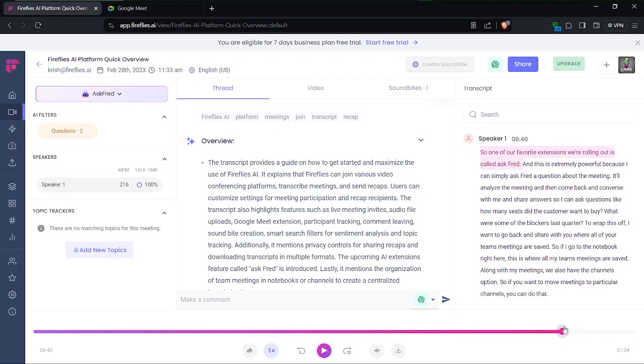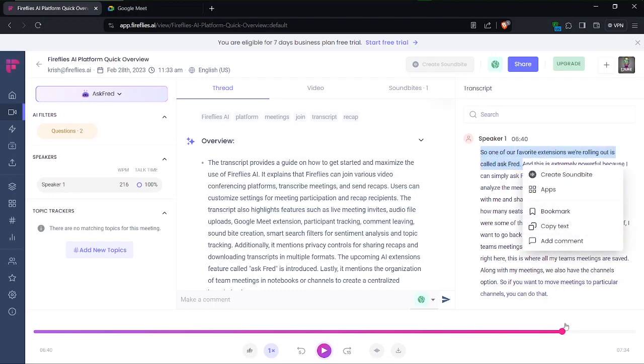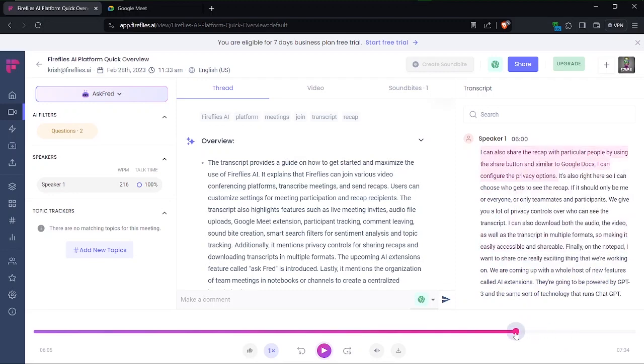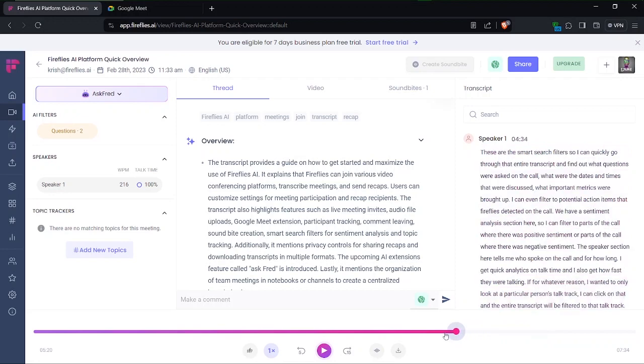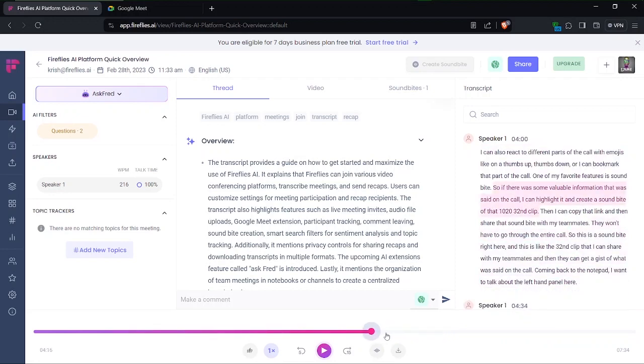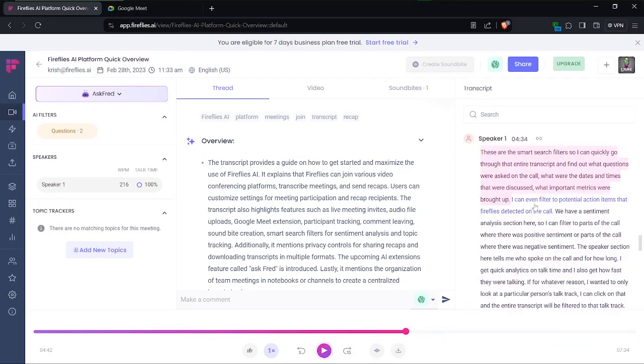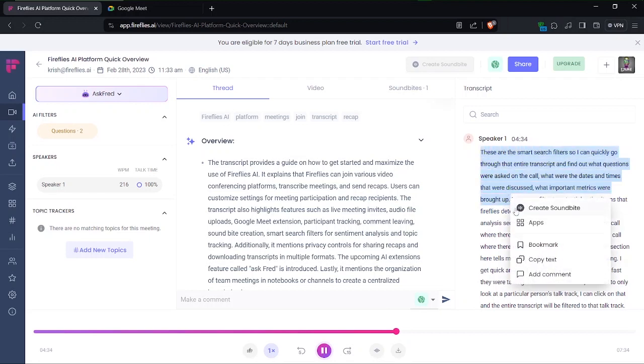So we're at 6:40, and at 6:40 on the dot, this is what we had. So that's how this works. So if you're looking at specific timestamps, you can do this and you get exactly what was said at that timestamp. So as you can see, by highlighting, there are some things I can do, like add comments. This is very necessary. Let's say, for instance, that something was said somewhere along the line, and you just want